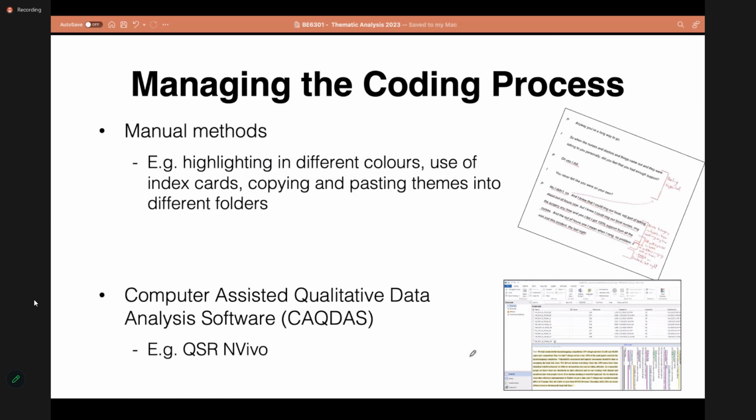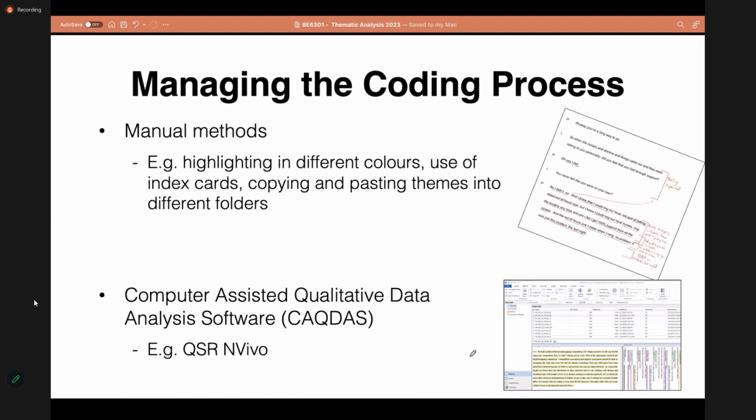So we can do coding in two different ways. We can do it by hand, manually, or we can use certain software specifically developed for analyzing qualitative data to do this coding process also.